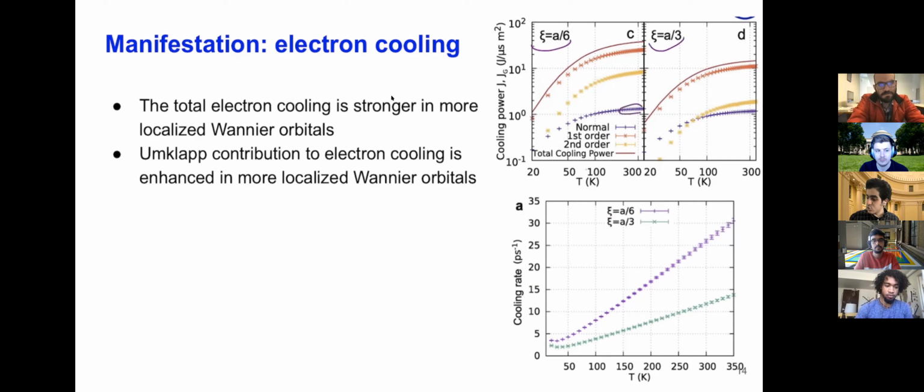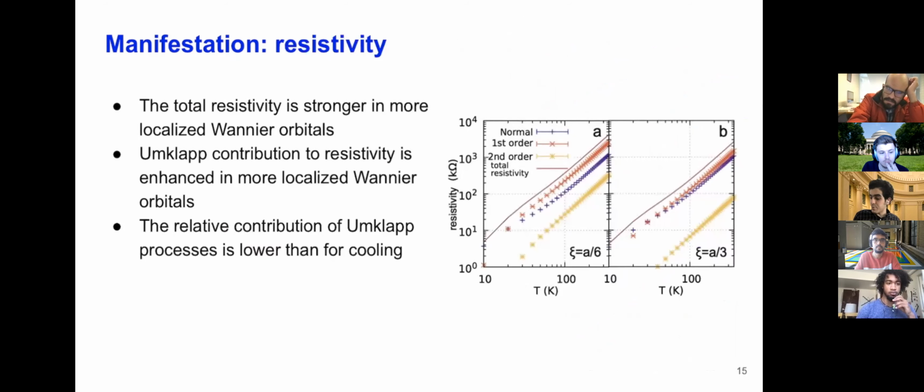So this is normal, it doesn't change much, the lowest band. But the Umklapp ones, these two that are Umklapp ones, you can see that are very different. So we get an enhancement in the first and second Umklapps when we make our Wannier orbital more localized. And there's a similar thing happening for